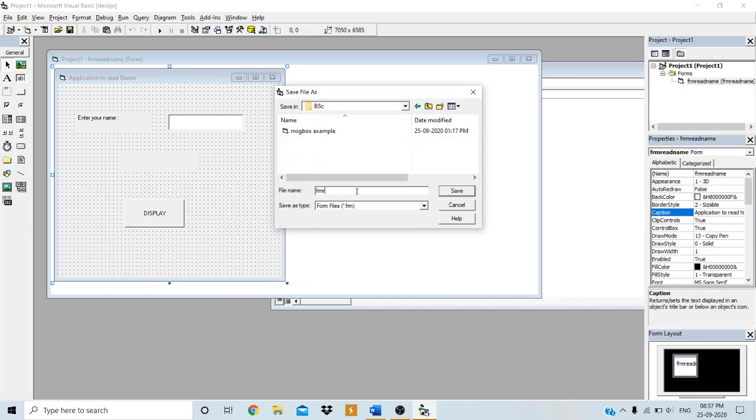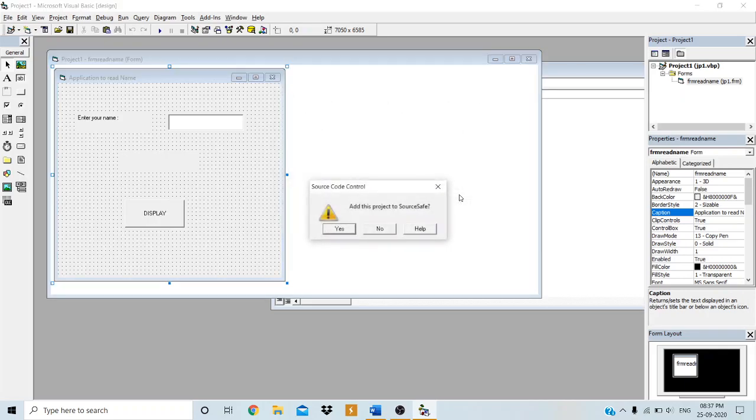I will save my project here. Again it will ask to save the project. Give the project name of your choice. I will give the same name, jp1. Remove the extension .frm and save the project.